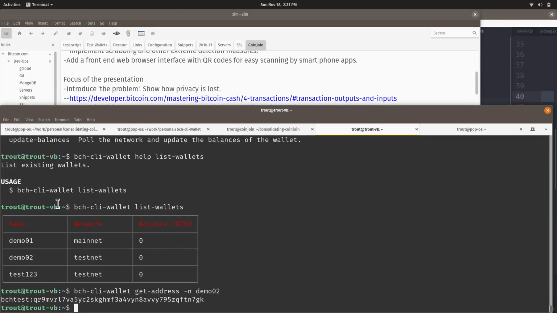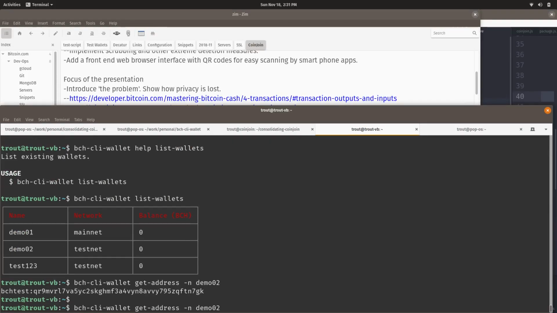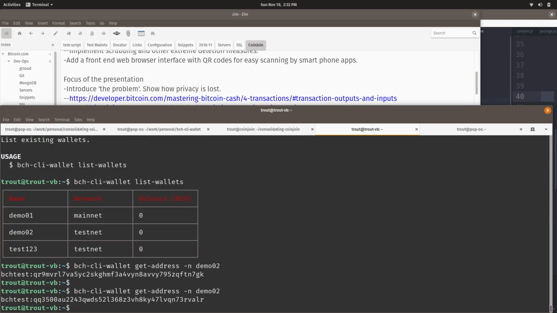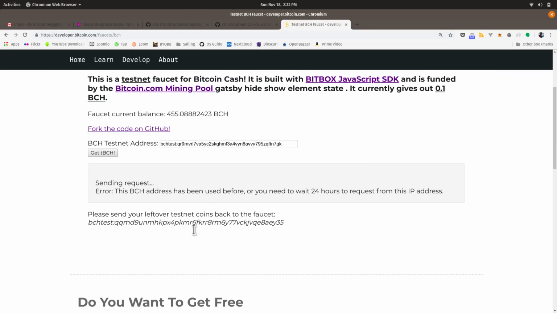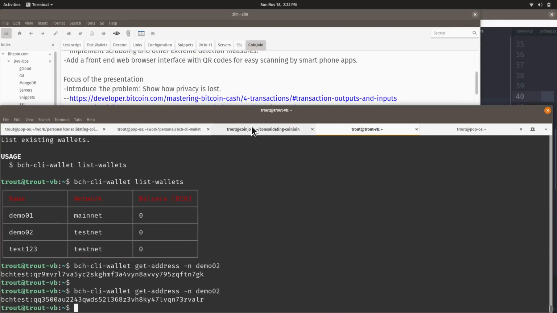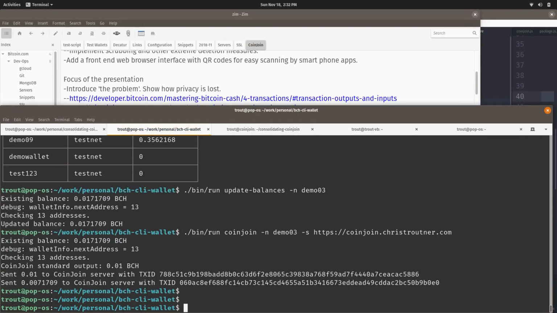And while I'm at it, I'm actually going to get another address. Oh, I've already used this, but that's okay because I have another wallet that I can use.